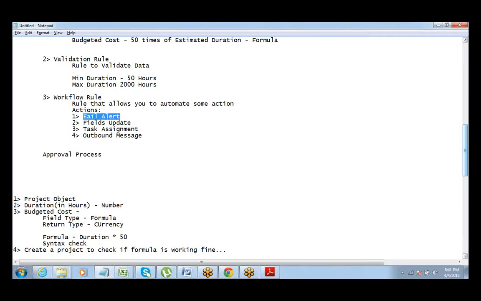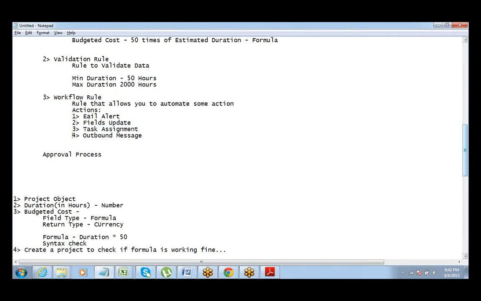You can automatically send an email. Okay. For example, every time a lead is created, an email should be sent to that lead. Okay. You can update some field. This is more like a formula only. You can update a field automatically. You can assign a task to a user. Okay. So create a task for a user. Let's say every time a lead is created, you create a task for the lead owner to call the lead.